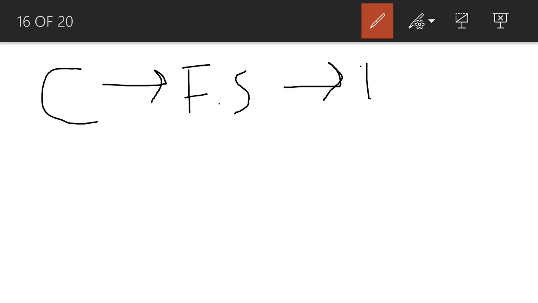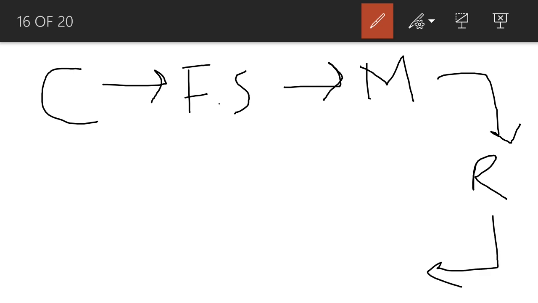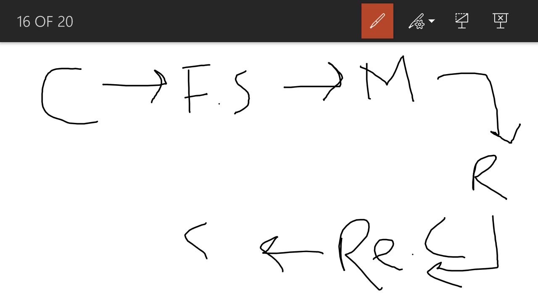The scientist who is going to calculate the size of the population for any species will first capture the species, so I'm writing it as capital C, and these first captured animals automatically become my first sample, therefore I'm writing it as Fs. Then after capturing, the scientist is going to mark them, therefore I'm writing it as capital M. Then he is going to release them back into the population so that they get mixed once again. Later on, he is going to recapture them, therefore I am writing it as Re.C. So these recaptured animals automatically become my second sample.